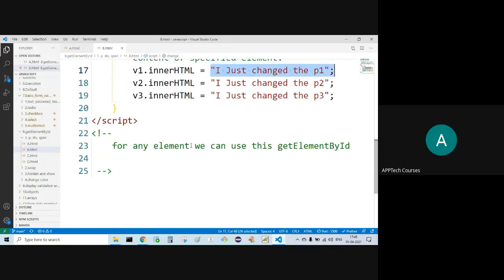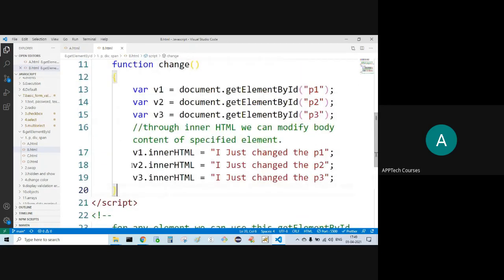Like for V2 also, V3 also, initially original content. Using innerHTML, reassigning means reinitialization. I'm changing the content of the innerHTML of the element.